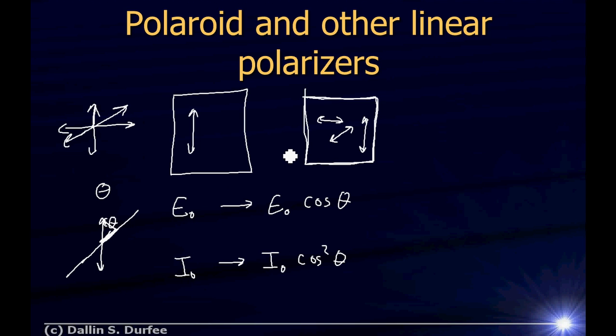Okay, what happens if I send unpolarized light in? Imagine I send light from a light bulb or from the sun through this piece of Polaroid. Well, what does unpolarized light do? It's constantly changing its polarization. Sometimes it's polarized in the right way and comes straight through. Sometimes it's polarized in exactly the wrong way and none of it gets through. Sometimes it's polarized at an angle and some of it gets through. But this all happens very quickly.